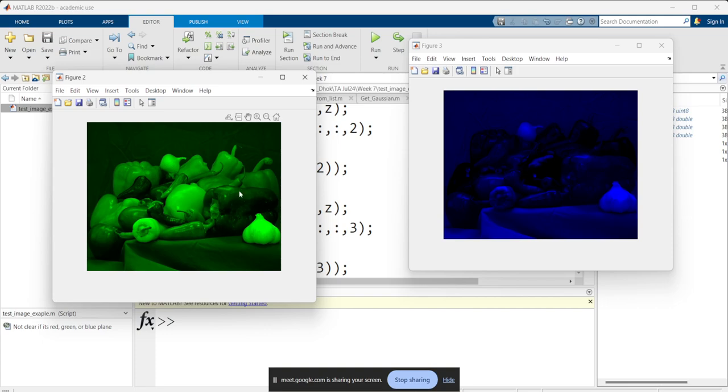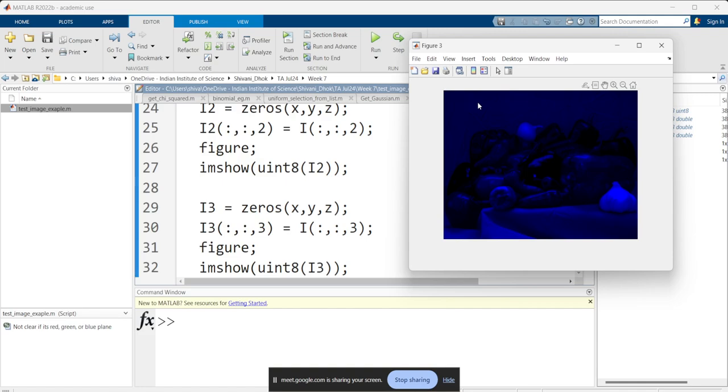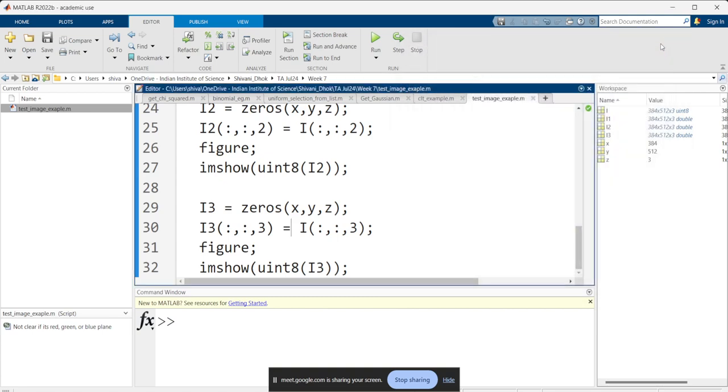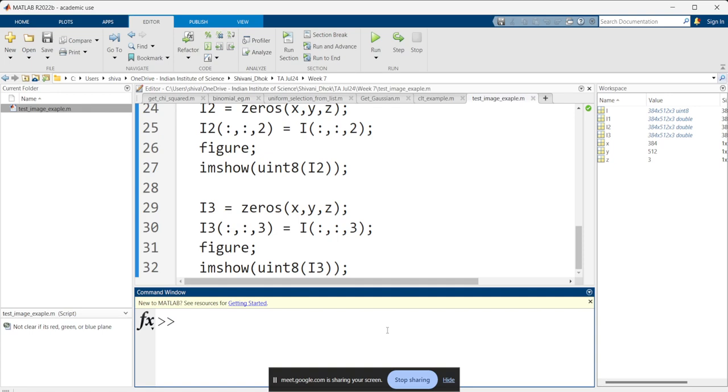Then we have green, this corresponds to the green part in the RGB image, and then we have blue, this corresponds to the blue part. So what I mean to tell here is that each of these planes corresponds to one color. Now if I look at, let's say, I11, that is all rows, all columns in the first plane,